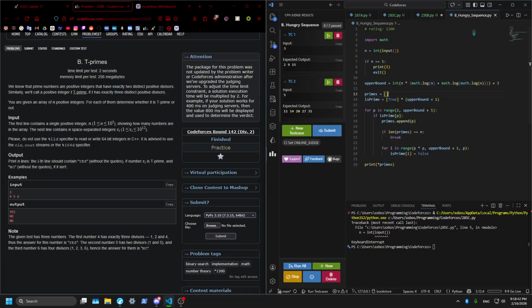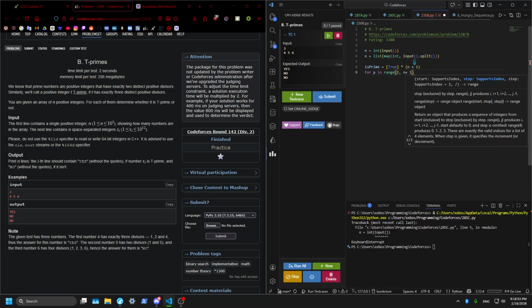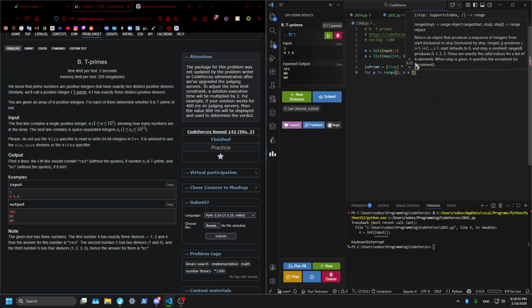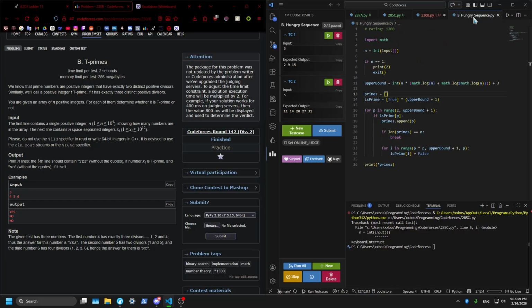And then for p in range 2 to n plus 1, if is prime p is true,